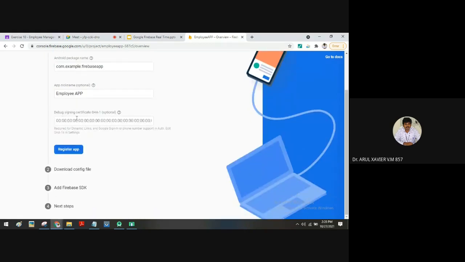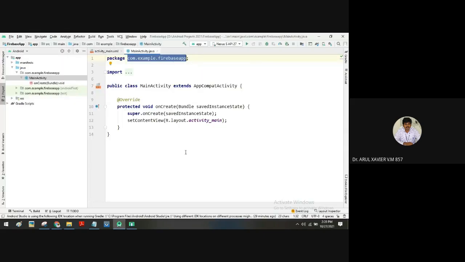Here it will ask for an SHA certificate for the project. You can get this certificate from this project. You have to go to Gradle. When you click Gradle, on the right side there is an icon called Gradle. Just click Gradle and you'll get this folder.